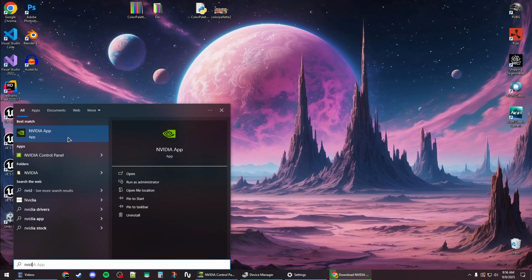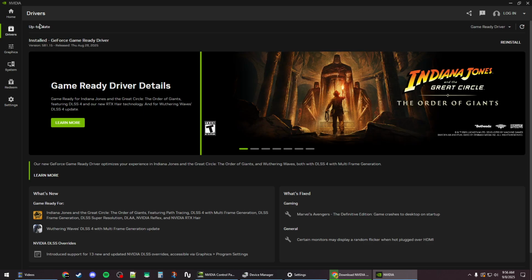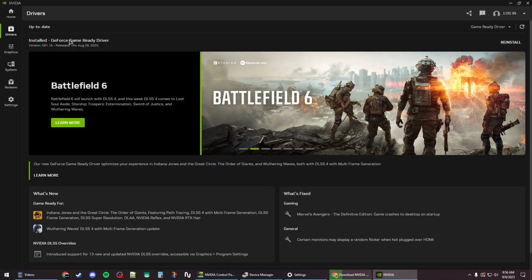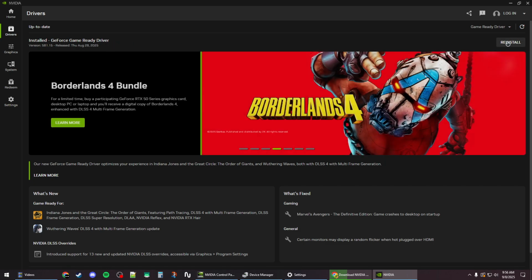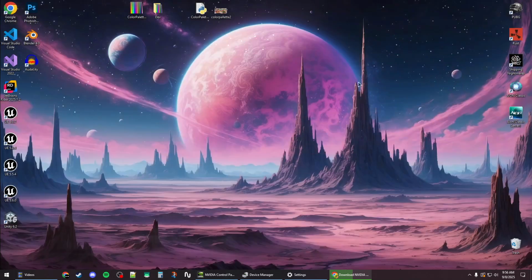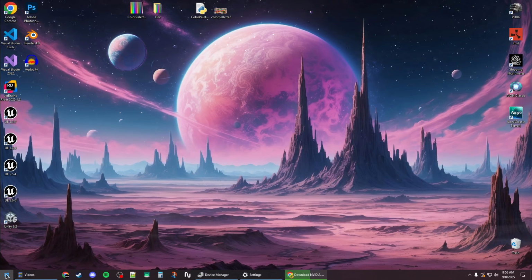And after installing the NVIDIA app, you will need to open it up and then go to the drivers section, and from here select game ready driver and then check for updates, and make sure to download and install the latest GeForce Game Ready driver. And if it's already installed, try to click the reinstall button to reinstall it again. And when you're done, you will need to basically restart your computer for the second time,